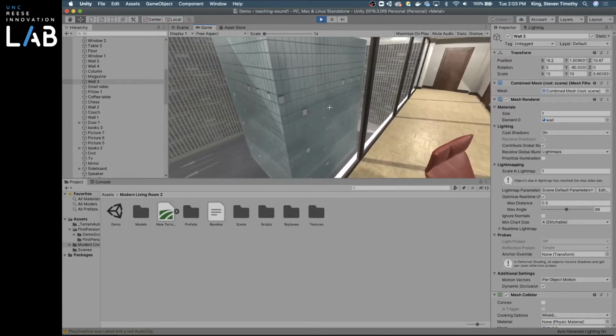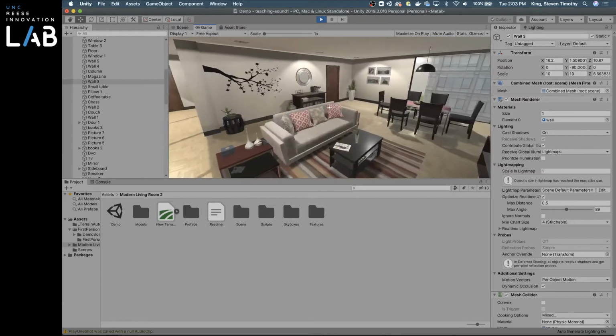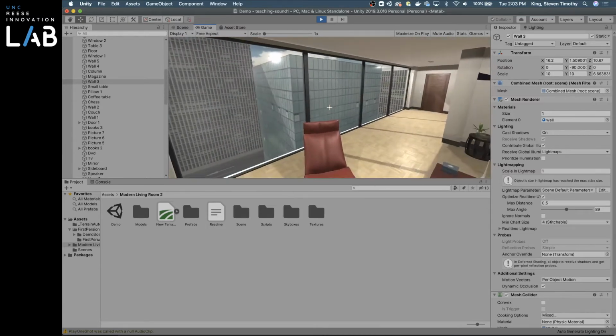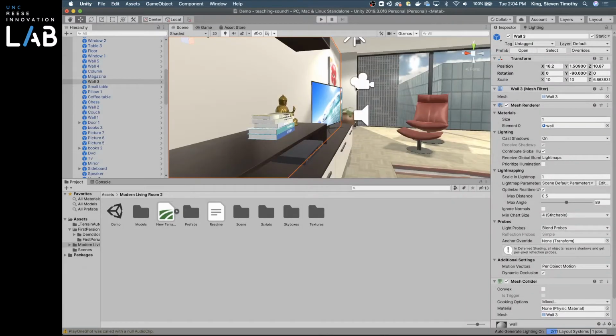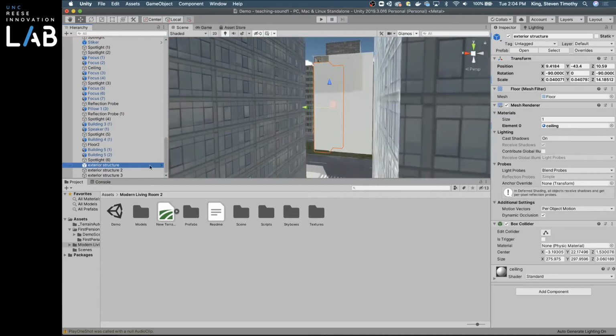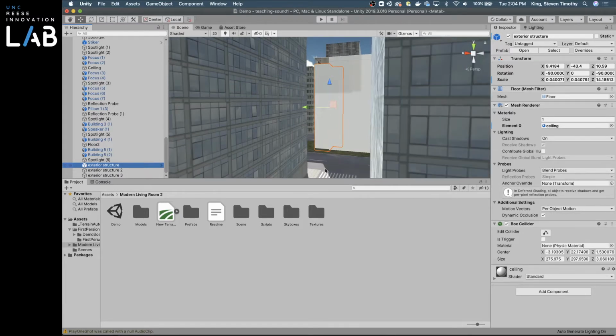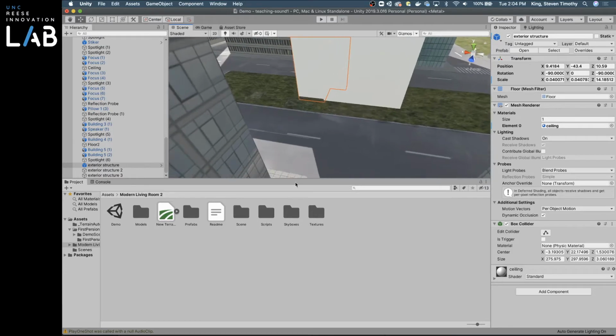But then if you're in here and you think you're in a city and you're in this apartment and you're walking around, you might expect a little bit of city noise in the background. So we're going to add that first. So one of the things we can do is go to a specific part of the city, and you can see our apartment is up there. And I might come down to